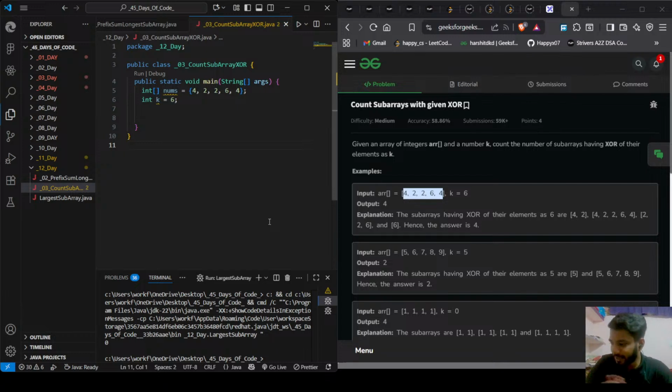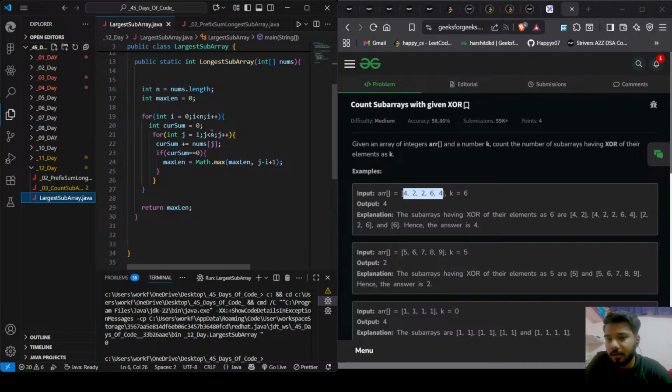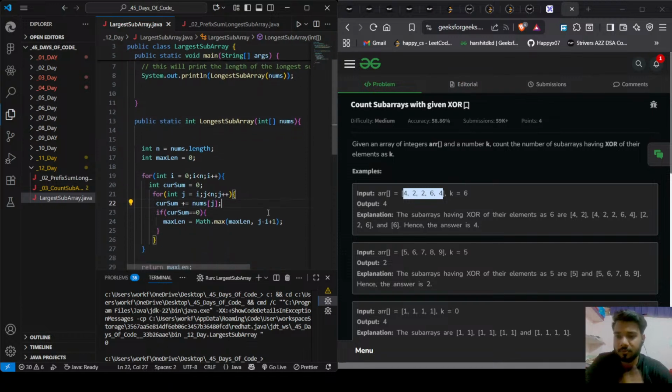Ok, this is what I meant. It is of the same pattern that we had solved previously, right? Instead of summing up all the elements, we are doing the XOR. Like we had done in this. We had created max len, current sum में हम ये एलिमेंट ऐड कर रहे थे, इसकी जगह हम क्या कर देंगे, देखो इसी को ट्वीक करके देखते हैं। We had to return क्या, given an array count the number of subarrays. ओके, तो मैक्स लेन की जगह हम क्या कर देते हैं, काउंट कर देते हैं उसको।